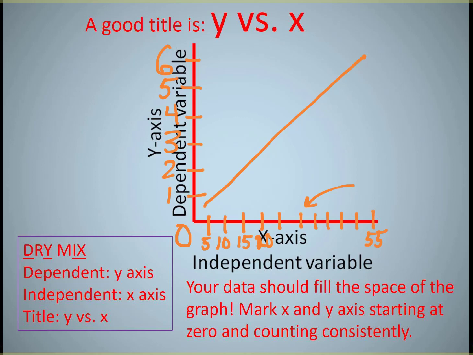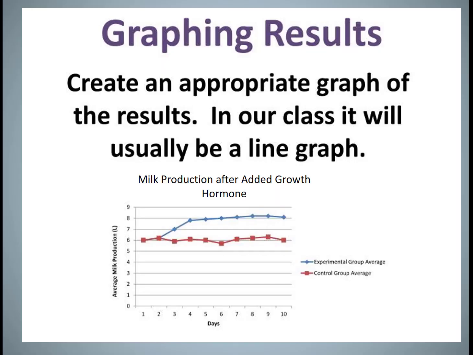So if I didn't count by ones, my graph would only come like this high. And if I counted by fives on that other side, that wouldn't be a very good graph because we really can't see the trend when it's so small. Sometimes we collect two data tables, and so we want to graph them on top of each other